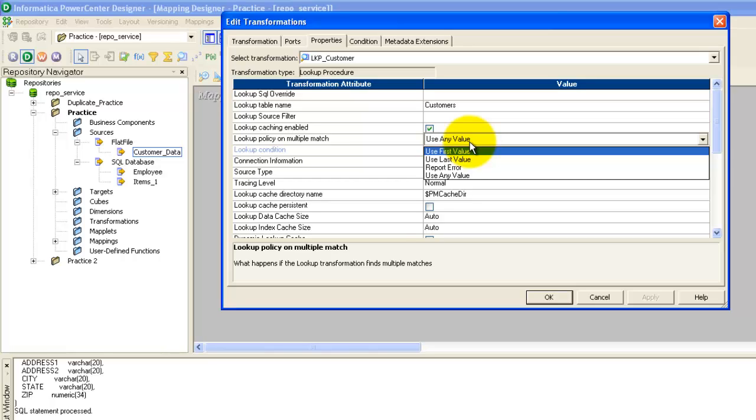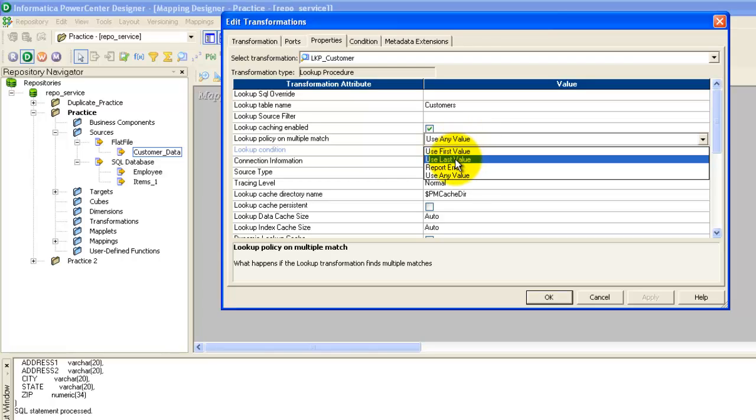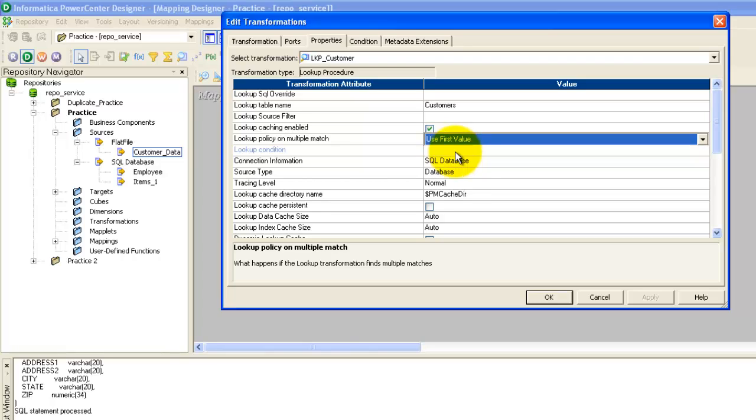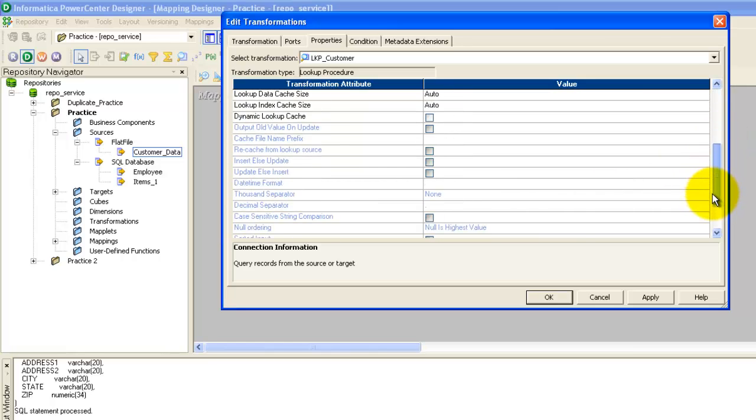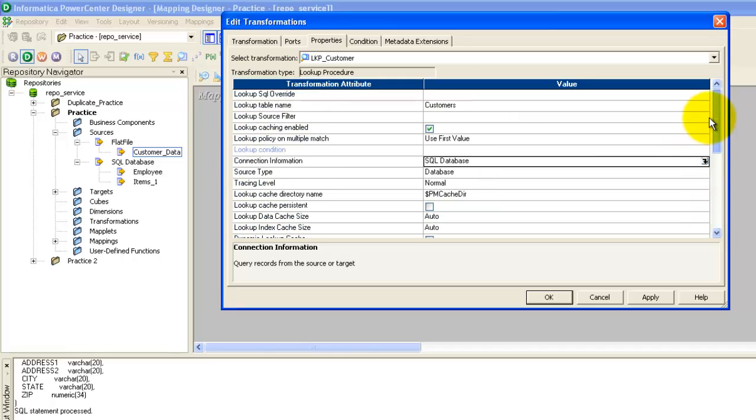Now this lookup transformation is going to look for the 1000 employee ID in the lookup table. If it matches 3 values in the lookup table, then which value needs to be picked up? Here you can define which value to pick out of the 3 values. Here I will be selecting the first value to use, and no need to bother about the rest of the values.